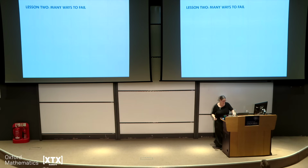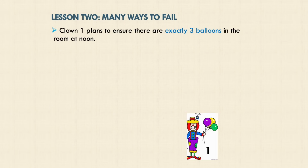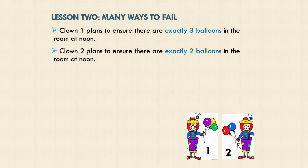Okay, so to better understand what's going on here, I want to focus on a slightly simpler case. So this case will only have 2 clowns. And here's the plan of clown number 1. Clown number 1 plans to ensure that at noon there are exactly 3 balloons in the room. Here's what clown number 2 plans. Clown number 2 plans to ensure that there are exactly 2 balloons in the room at noon. Okay,